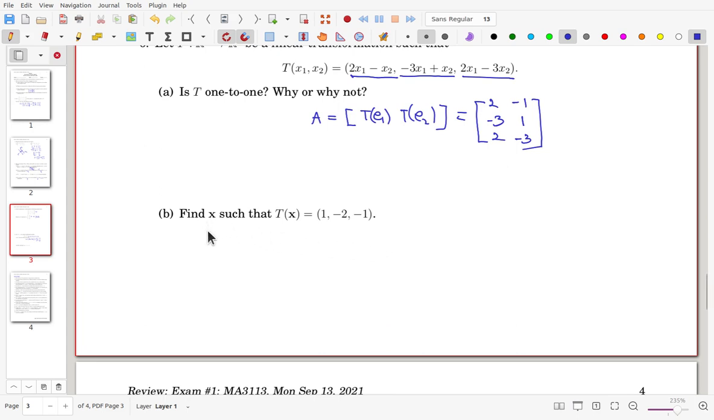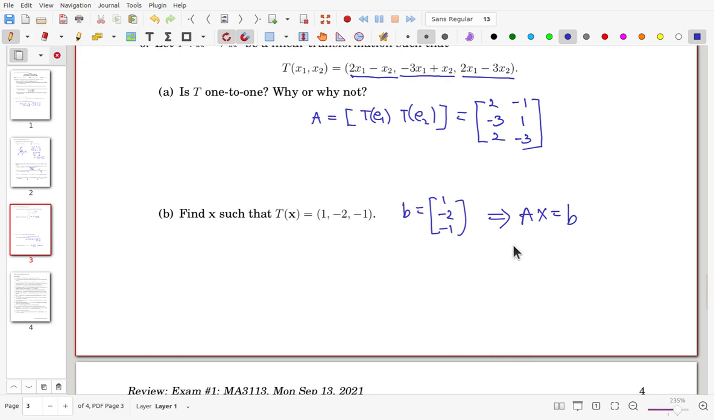Now we want to find x such that T of x equals (1, minus 2, minus 1). So if we define b as the column vector 1, minus 2, minus 1, then this portion is asking you to solve Ax equals b. Now again, start from the augmented matrix and apply elementary row operations to reach the reduced echelon form and figure it out. You can do it. Okay, now that's the end of